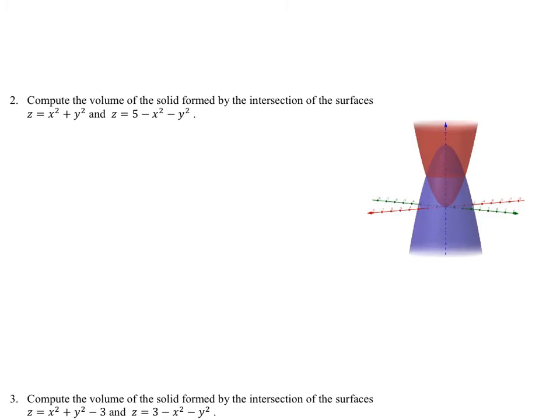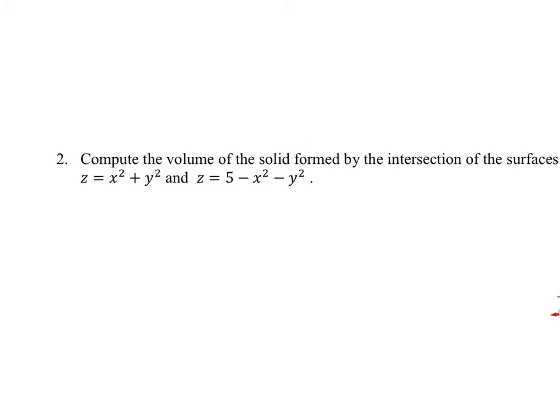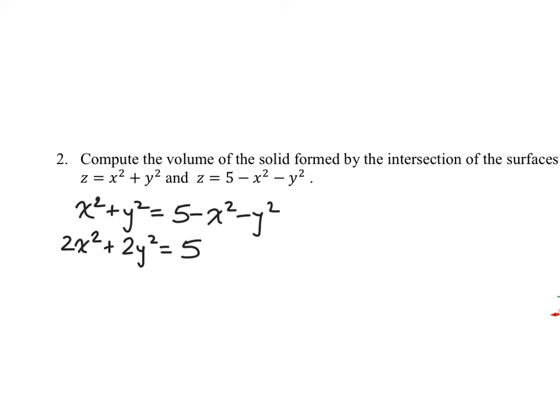All right, very easy to do because they're both solved for z in terms of x and y. So we have x squared plus y squared is equal to 5 minus x squared minus y squared. We can add x squared and y squared to both sides. So 2x squared plus 2y squared is equal to 5. x squared plus y squared would be equal to 5 over 2. All right, so that's a circle,